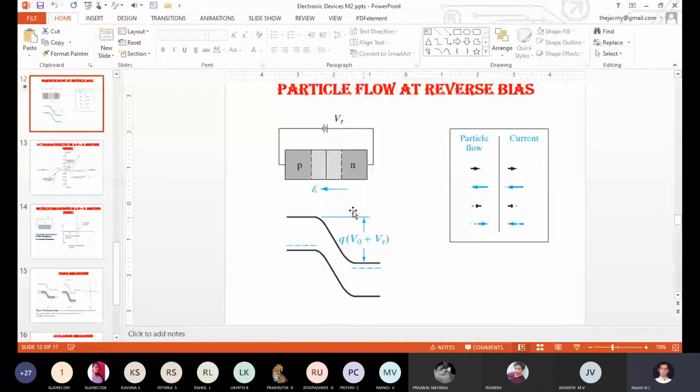Just check it out here. Q times V naught minus, that is what we represented in the forward bias condition. For making it reverse bias we have to supply the voltage V equal to a negative quantity, right? So minus of minus becomes plus: V naught plus the supply voltage VR. This amount of potential, or this amount of depletion region, is created when the diode becomes reverse bias. So we discussed these things in the last class.